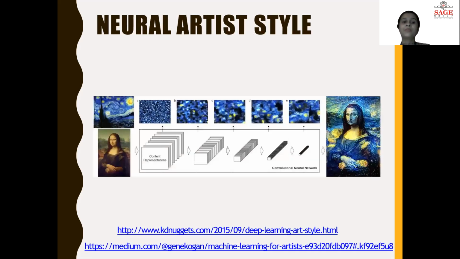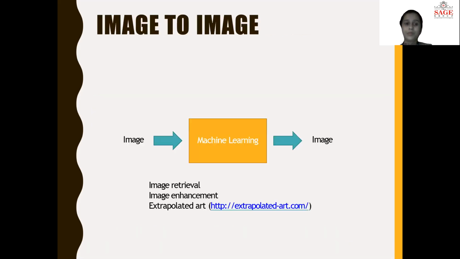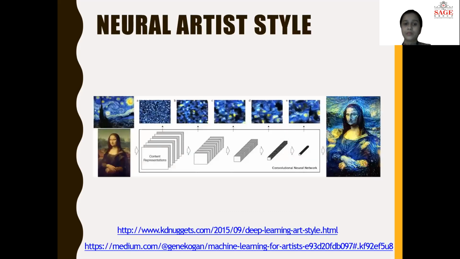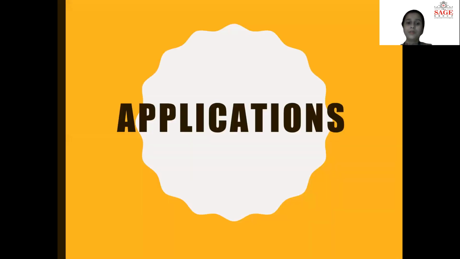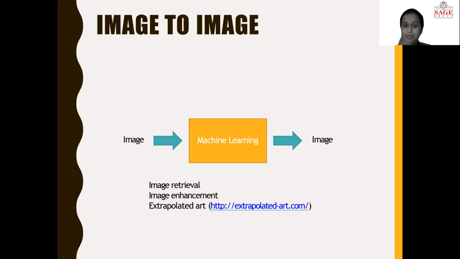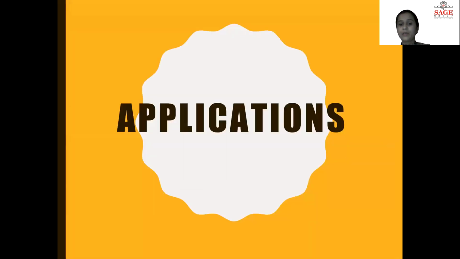These are the examples. Here we are dealing with images and with text. If we are working on image and text, this concept is known as the steganography technique. Now here is image to image, and when we deal with image to image, image retrieval and image enhancement are the important parts.